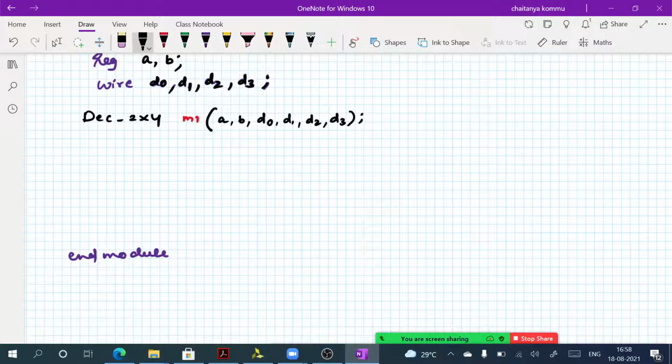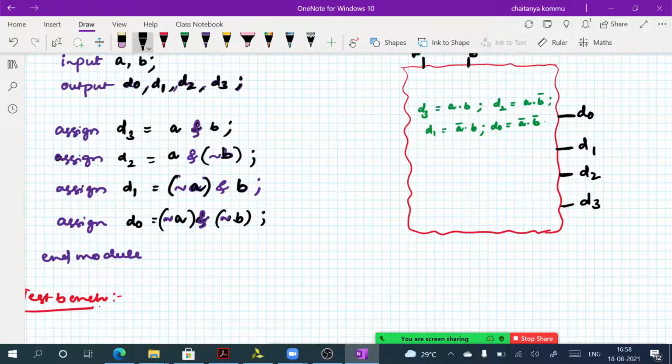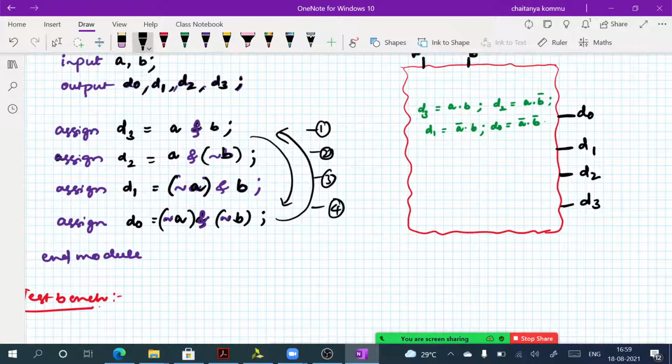By the way, one point I want to mention here. So I have written the assignment statement something like this. So is there any problem that D0 will be the first and then D3 will be the last? There may be possibilities, right? So therefore, how many statements am I using? Statement number 1, statement number 2, statement number 3, statement number 4. 4 statements I am using.